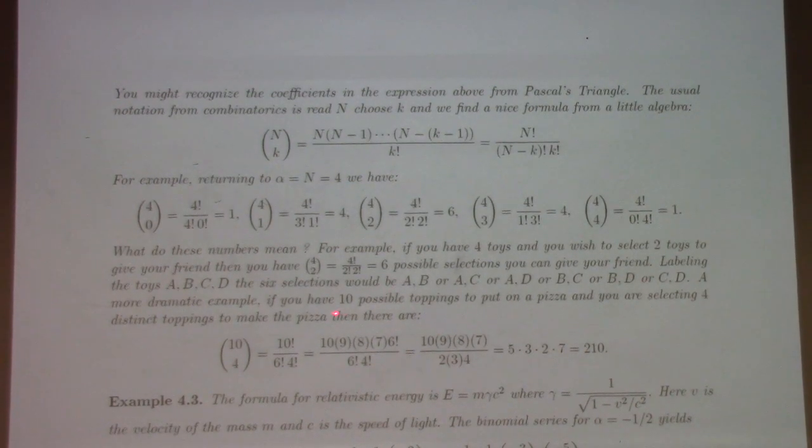Or if you want to choose, you've got 10 toppings to put on a pizza, and you want to choose 4 distinct toppings. All right, there are 210 possible such pizzas. Now, if you're actually going into the pizza business, this isn't the calculation for you, because of course you might